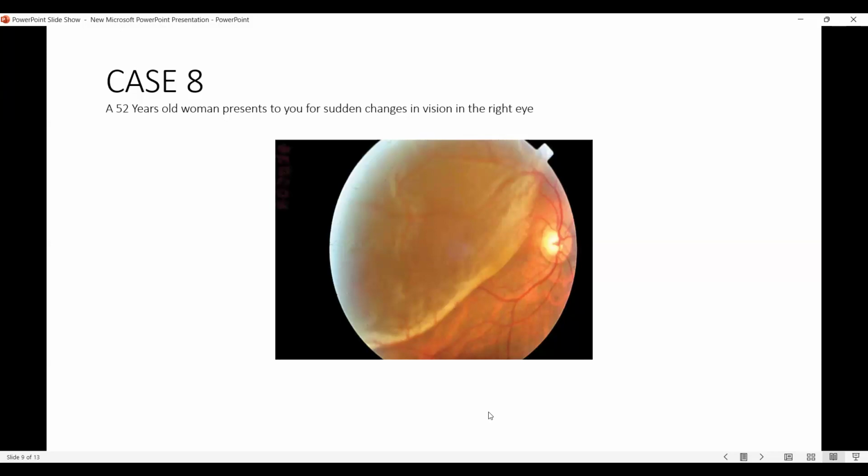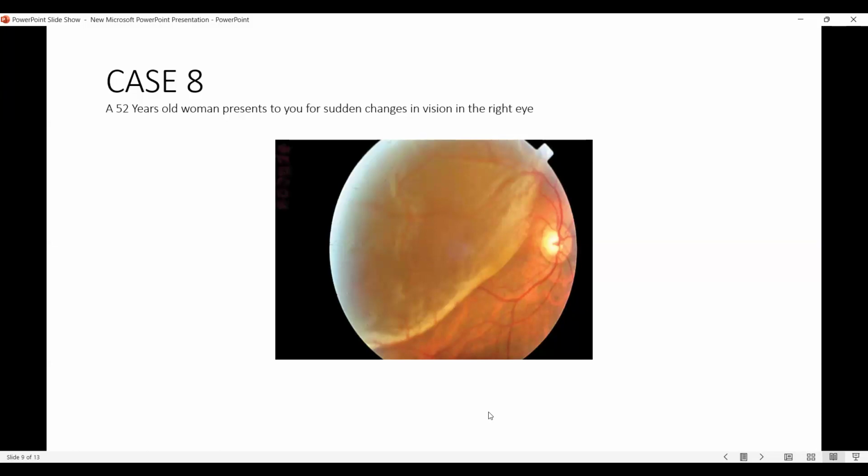pigments, which will direct me towards whether any kind of retinal break is there or not, which would lead me to a diagnosis of maybe a detachment. And then after examining the patient in detail, the periphery, I would see if there is a retinal tear, which is leading to a bullous kind of detachment,